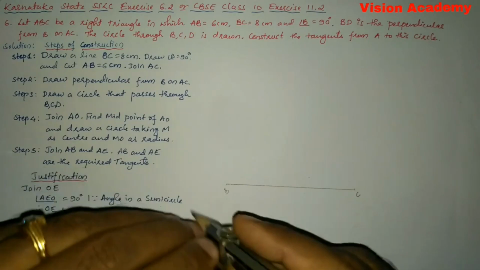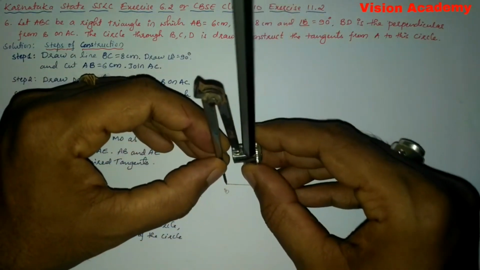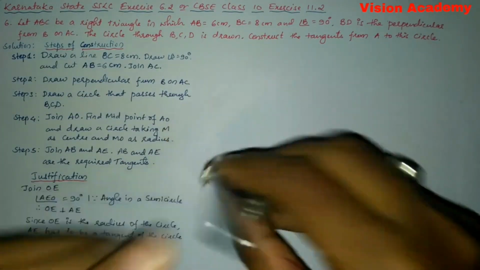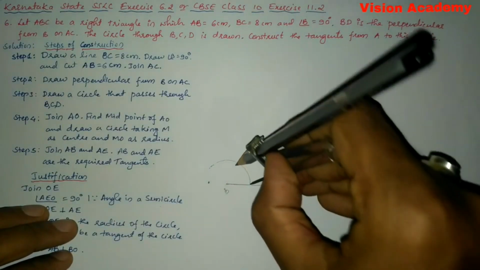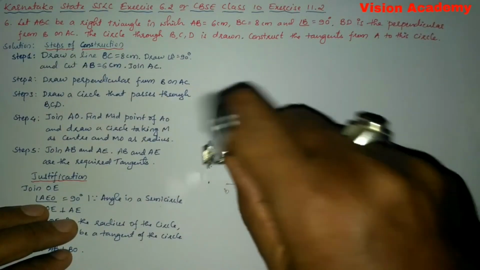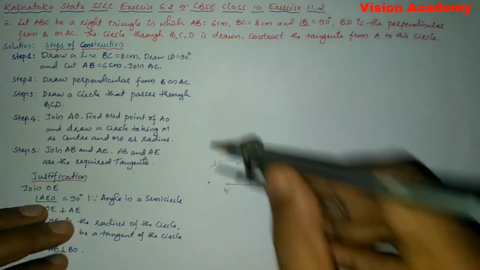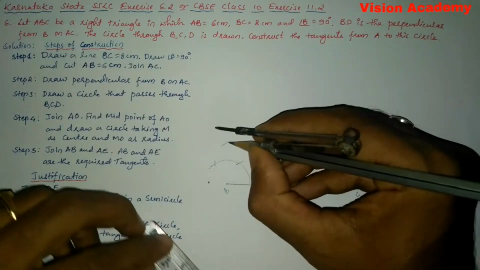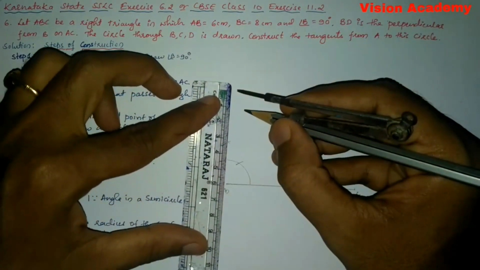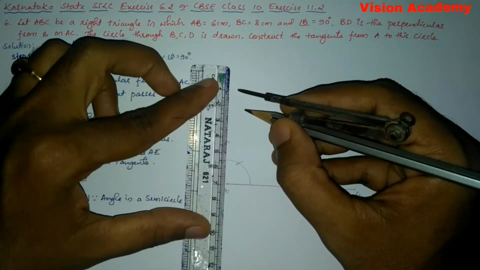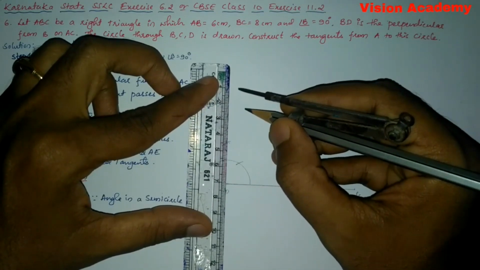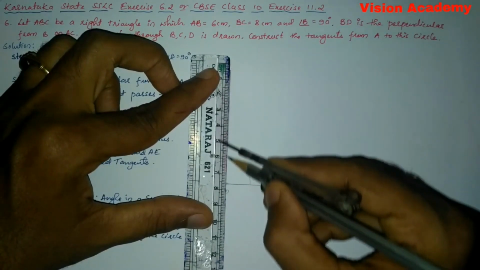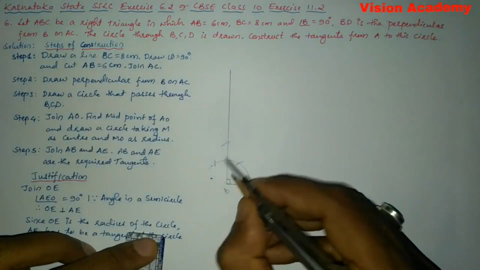In order to draw angle B equal to 90 degrees, let us draw one arc here. Keeping on this point, cut, and keeping on this point, cut here and cut here. Keeping on this point, you can cut here. So we got this point through which we'll be able to draw 90 degrees at point B. So here let us draw the line that passes through this point. So here this forms 90 degrees.